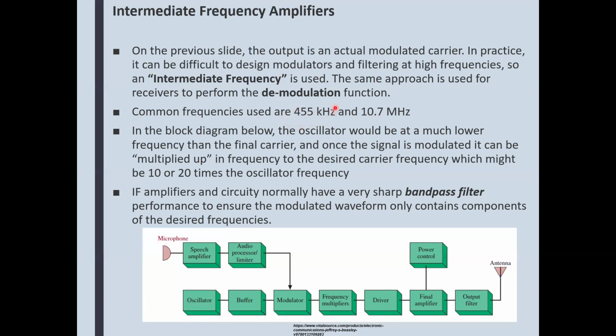But for AM, you're going to have that 455 kilohertz, which is below the AM scale on your radio. So your radio can't receive that. But the idea of the intermediate frequency is that